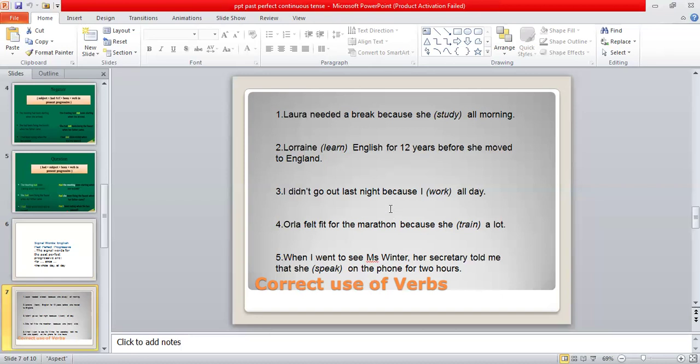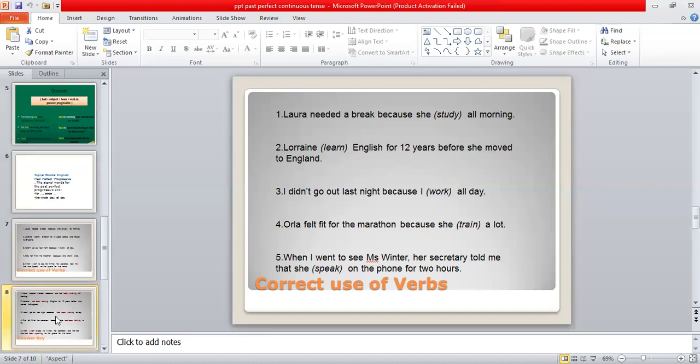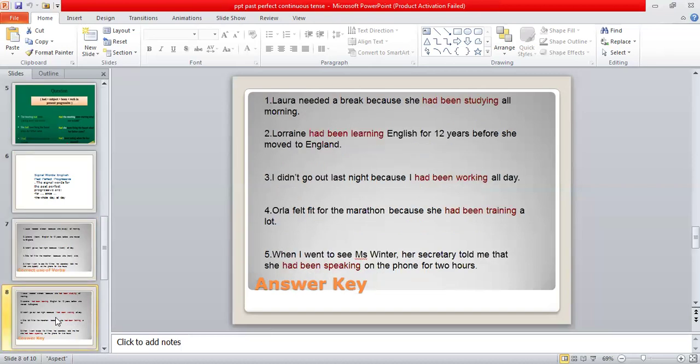So these are the sentences. They are very important for you. You do all these sentences yourself, and then later you can check your answers with the help of the answer key, which I have prepared for you right after these sentences. This is the answer key to all those sentences which were there for you to practice on your own. Now, like you can see in the first example, Laura needed a break because she had been studying